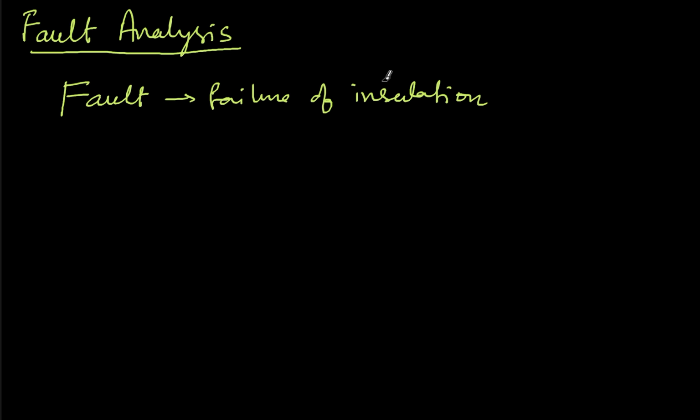So, what is insulation? If you have a high voltage component, for example, a transmission line or a transformer or whatever, inside the conductor which is carrying the high voltage component, the high voltage has to be protected from getting accidentally connected to a low voltage part. So, for example, this is a transmission tower. So, insulation is nothing but